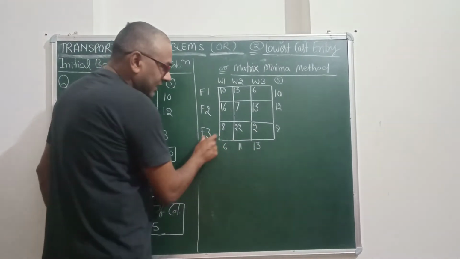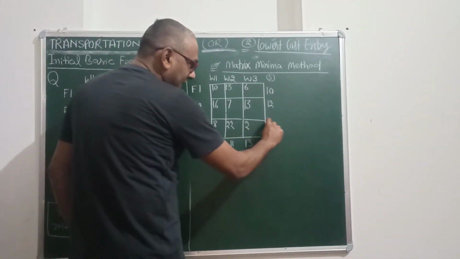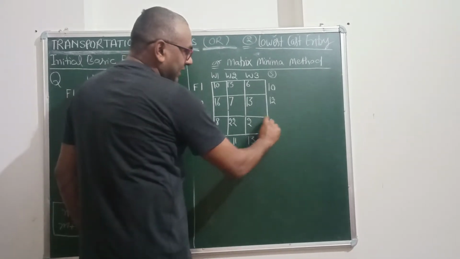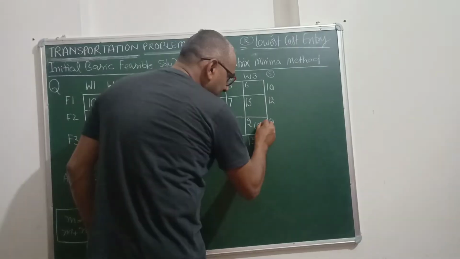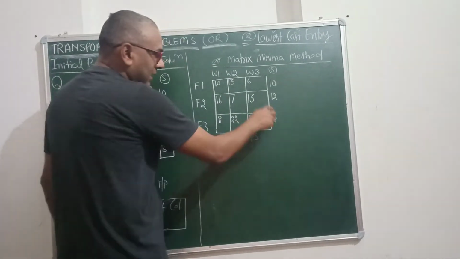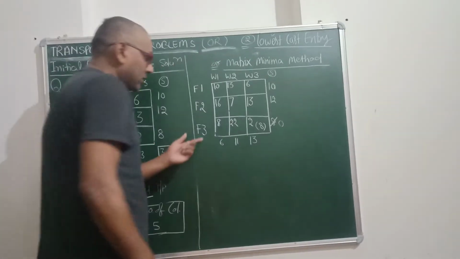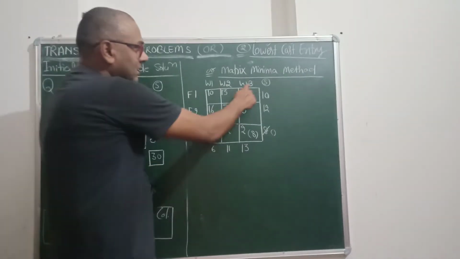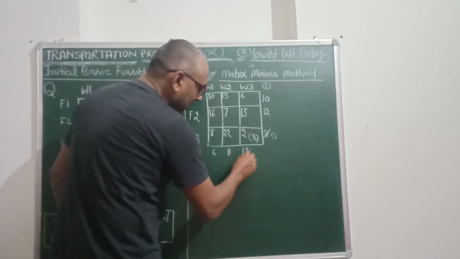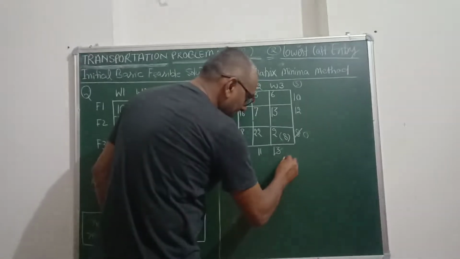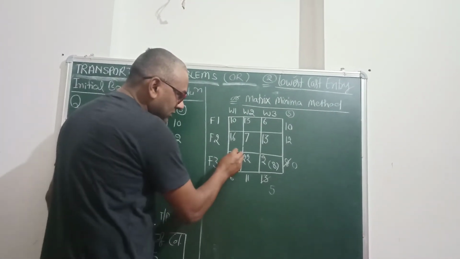Here you will see that the supply is 8 and the demand for this warehouse is 13, so the entire supply of 8 units can be made to this cell. So the first allocation will be 8. After supplying 8 quantity to this, there is no further item remaining with factory F3, but the warehouse demand is 13 and only 8 has been allocated, so the remaining demand is 5. Now you will see that no further supply can be made for F3, so these two cells